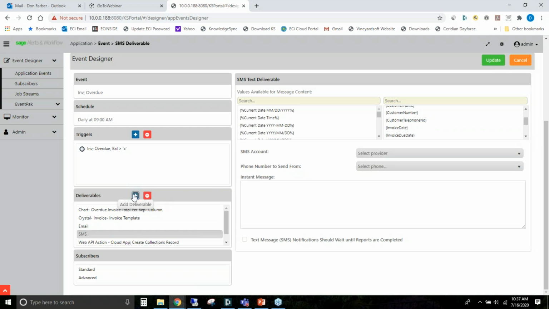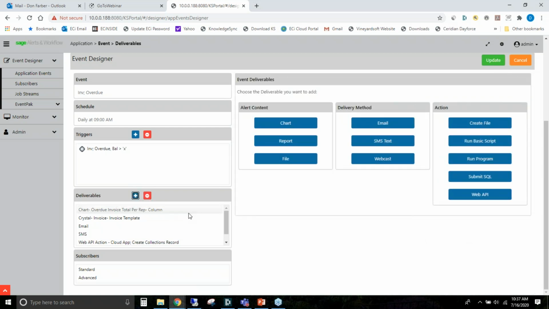But let's for a moment come back to our list of deliverables, because I'd like to point out a couple of other deliverables that have been selected for this event. We are generating a chart. This is a bar chart showing us overdue invoice total per sales rep. So we can see which of our sales reps are doing a better and worse job in terms of collections